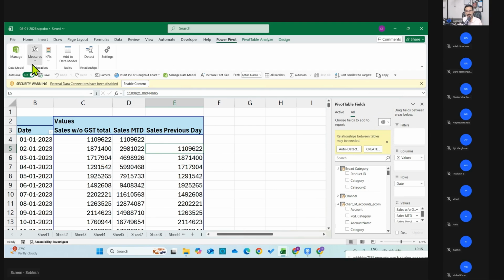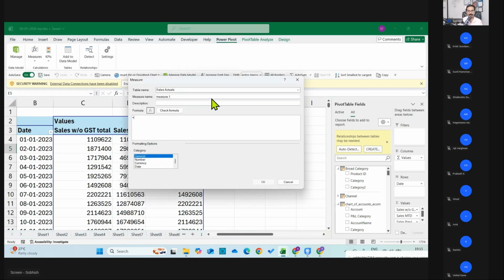So let us quickly do that. If you go to new measure and then I create a measure, sales daily change, and then I'll create a variable that says the difference between the previous day sales and the current day sales. So variance, I will say variable